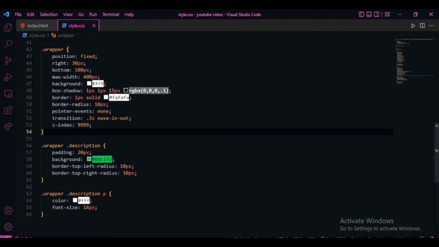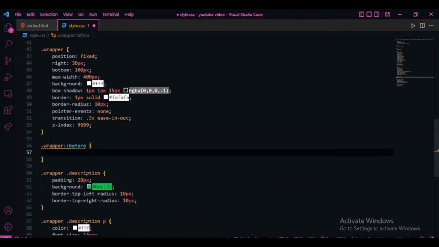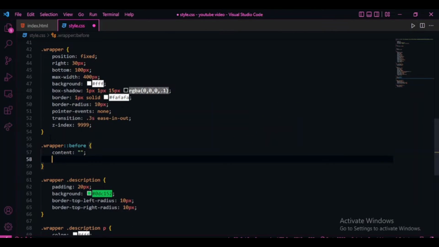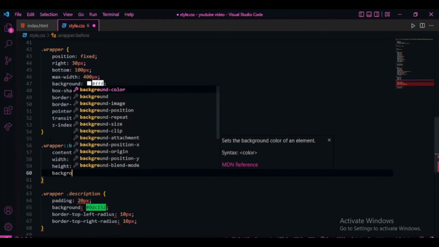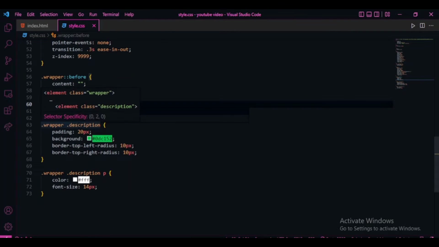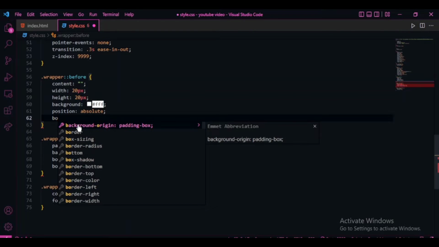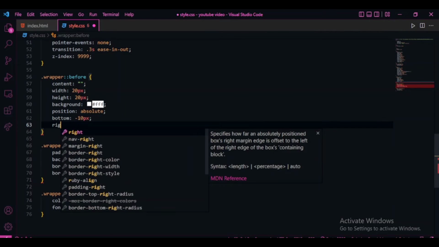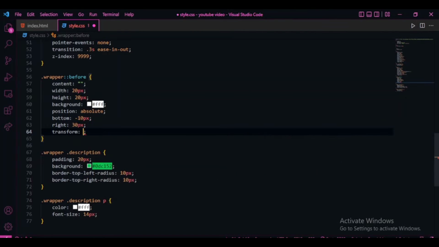wrapper class. So here, select the wrapper, Control C, Control V, and before content, width 20 pixel, height 20 pixel, background hash FFF, and position will be absolute. Bottom minus 10 pixel, right 13 pixel, transform rotate 45 degrees, and